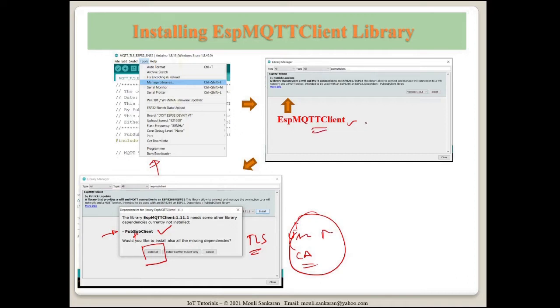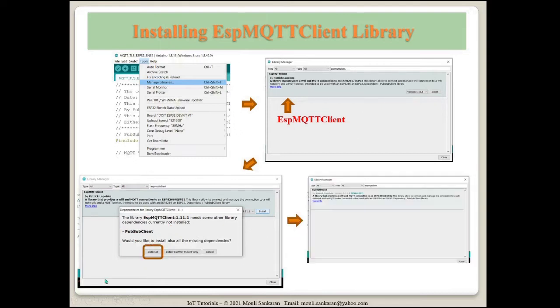It also has the capability to connect to the MQTT broker. We can do it with port 1883, which is the plain MQTT protocol, whereas this is the secure MQTT TCP connection. So make sure that at least for running the demo that I am going to show here, you need this library also to be installed. And you can finally see that it is installed. Then you are ready to go.